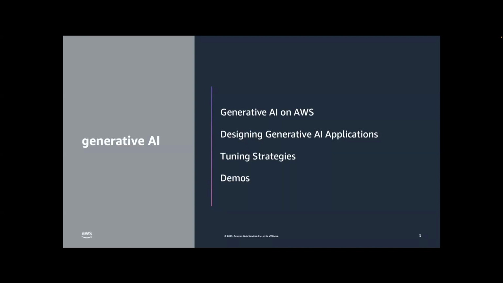how to orchestrate the conversations between your app and large language models, some of the tuning strategies, and then we're going to have 5 demos where I'm going to talk about things like generate image from text. We're going to do some fine tuning and domain adaptation. We're going to teach you how to use some of the SageMaker SDK for financial data to train a GPT